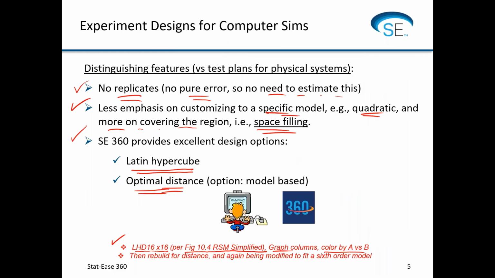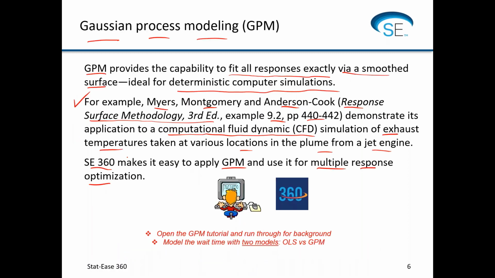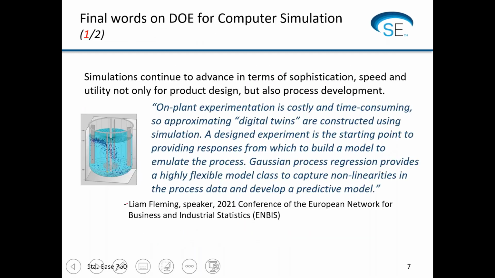So we have designs that are specifically aimed at that, and we have models that are specifically aimed as well, along with the traditional option of the polynomial models that can be used as transfer functions. So that's still in play. So then I just wanted to say, as a chemical engineer, that it's not just aerospace companies that are making hard good products, electronics and things like that, but also process industries are making use of